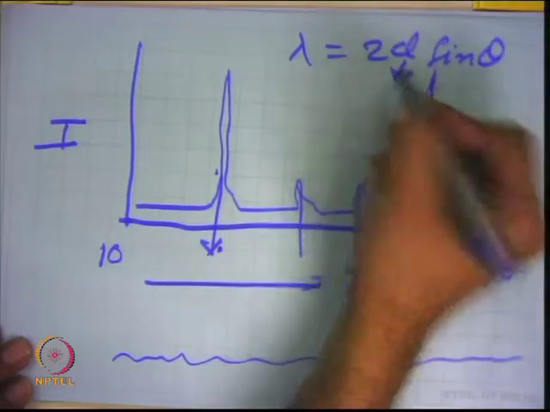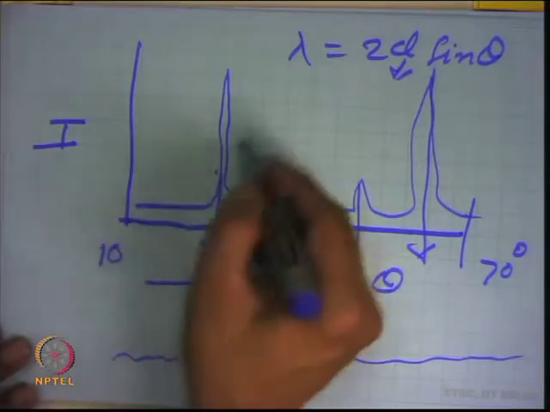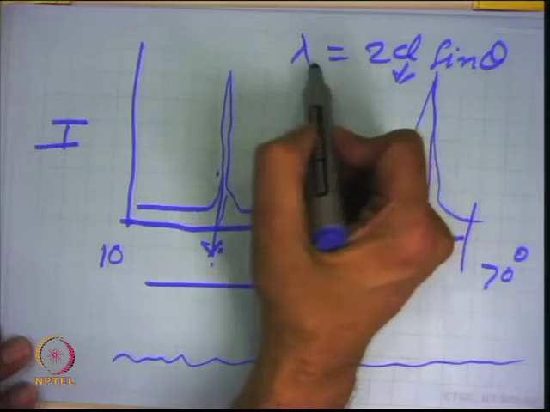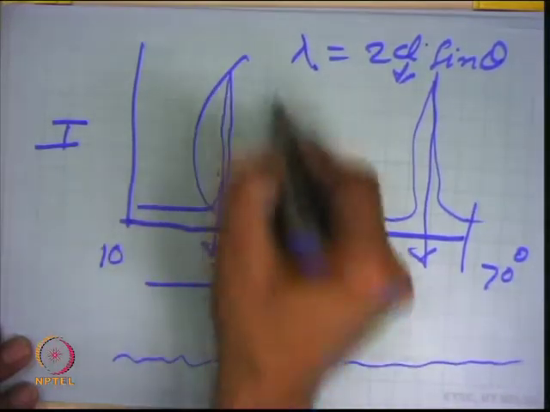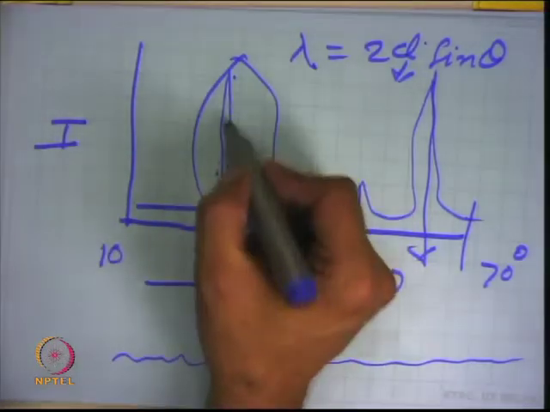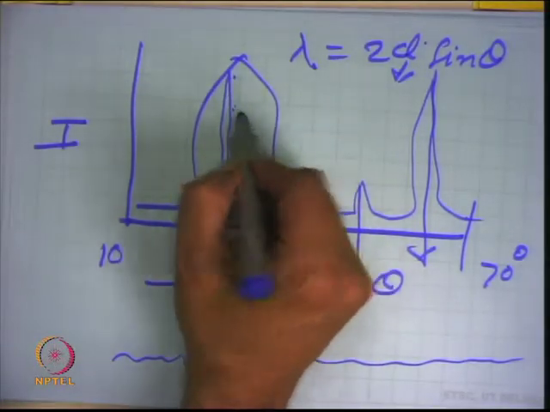So, you are getting this d value, right. If this is the 2 theta value, lambda is known to you. So, this will tell you which phase it is. Suppose you have calcium aluminate, so it can have CA, it can have C12A7, what I said earlier. So, you can have the information about this phase.